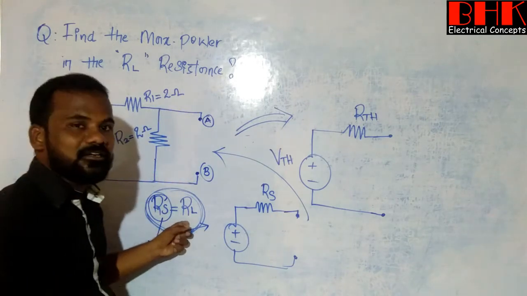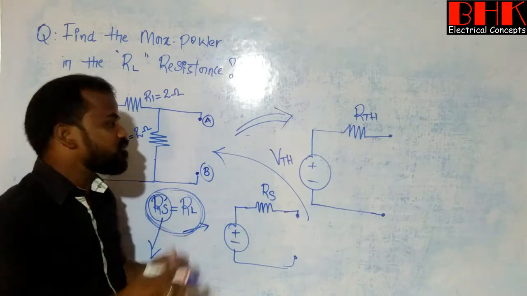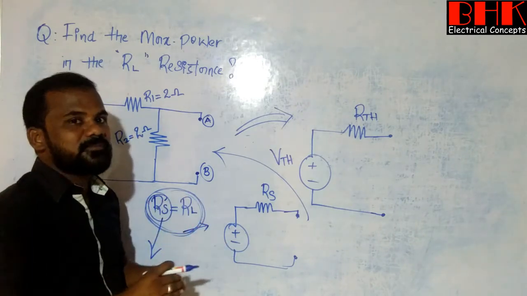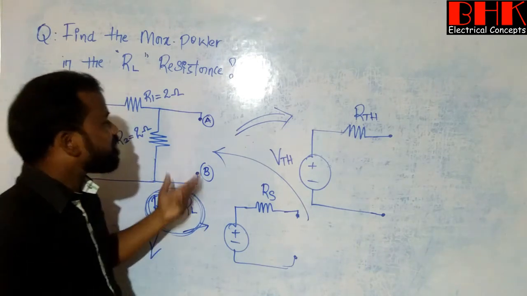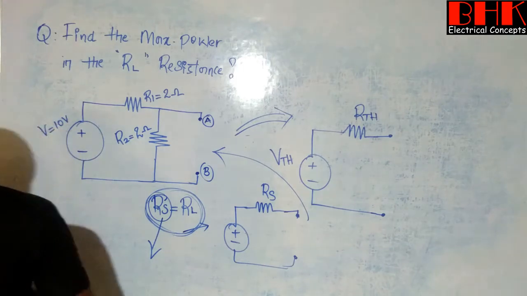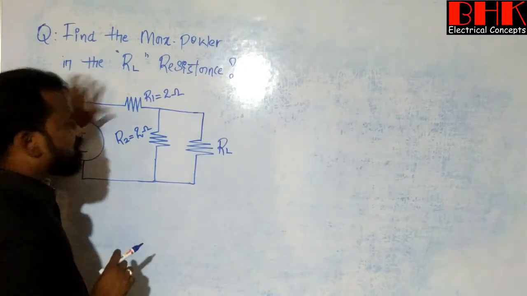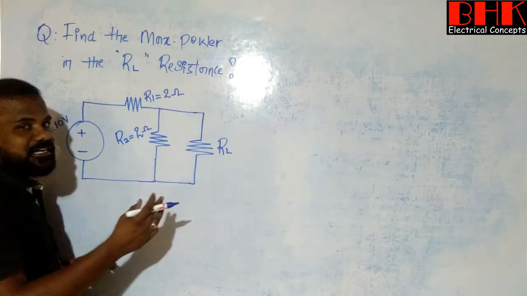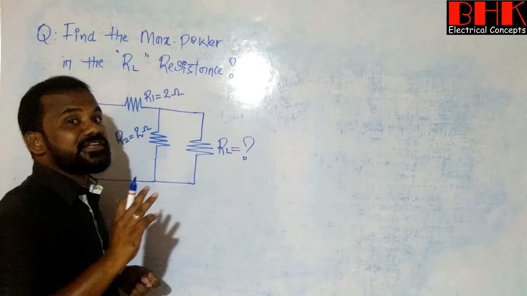Clear? So just follow the procedure, and then you will get clarity about how we are going to solve the problem under the concept of the maximum power transfer theorem. Clear? Now go for the actual circuit and proceed. Now go for the problem. Yes, so this is the actual circuit given in the problem. Now we need to calculate the value of load resistance by using Thevenin's theorem.